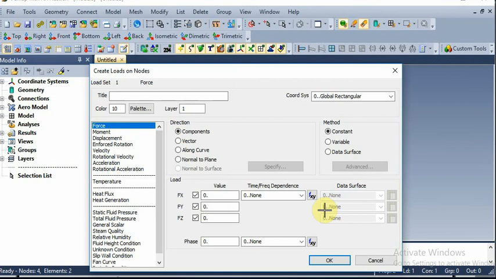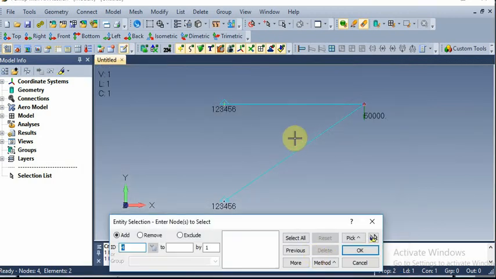For the magnitude of the force, it is in y direction, so untick x and z, and Fy will be minus 50 E3, minus 50. Minus indicates downward direction, 50 kilonewton. OK, cancel.